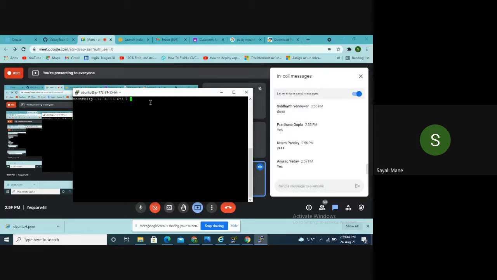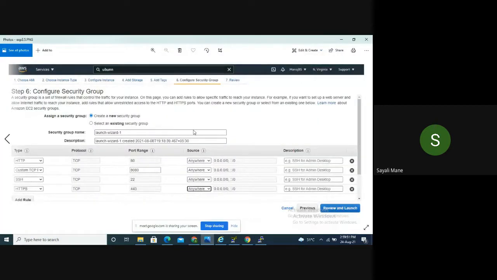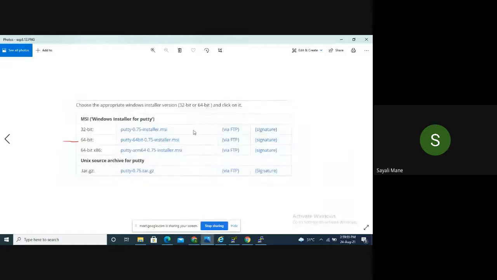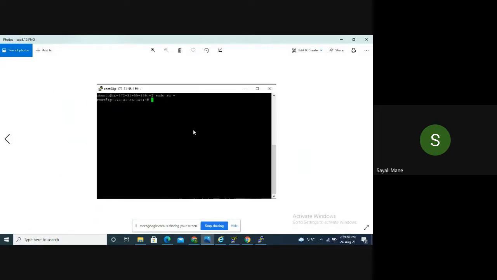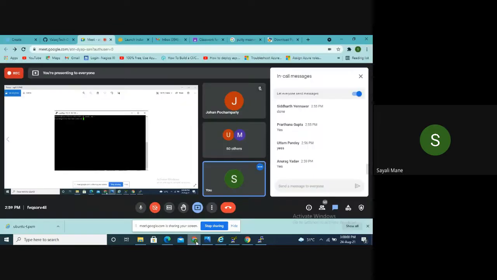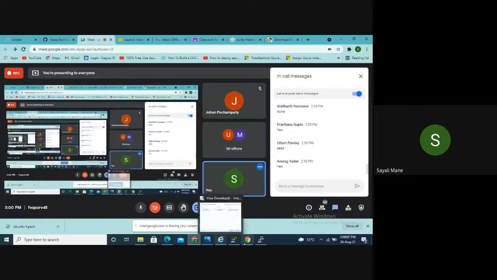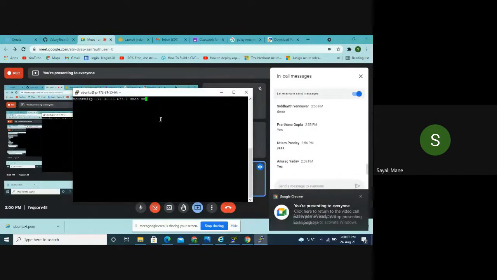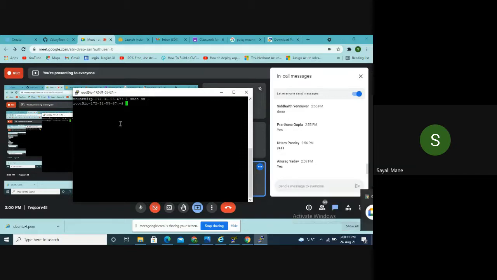Okay, now here type sudo command. I've taken a screenshot of it. Let me show. I'll provide you this screenshot, so don't worry about it. I'm getting a little bit of a problem, but it's okay. This one. Sudo su dash. Now we have entered into the root login. So please type it.